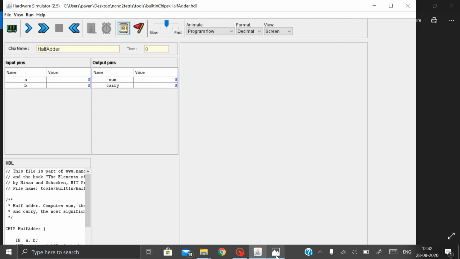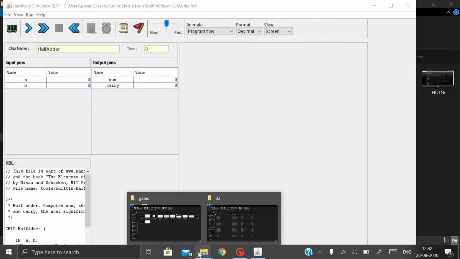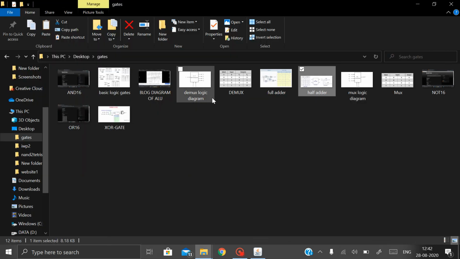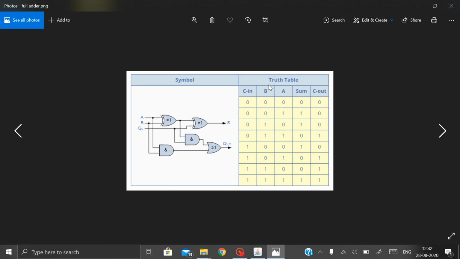Let us go with full adder. Now I will show you how a full adder looks and its logic diagram. Yes, this is a full adder. In full adder there will be three inputs and two outputs. The inputs are A, B and C input, that is carry input, and the outputs are sum and carry output.